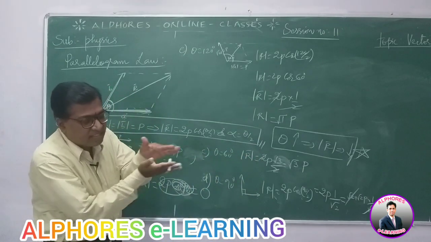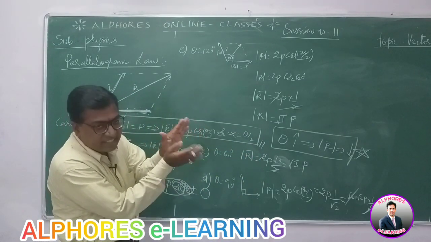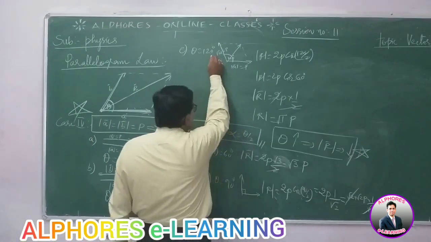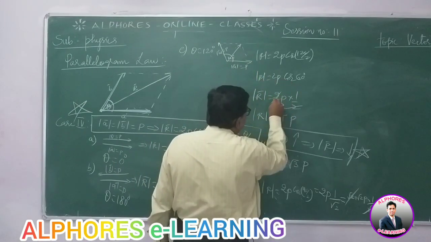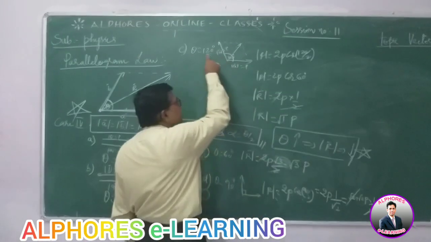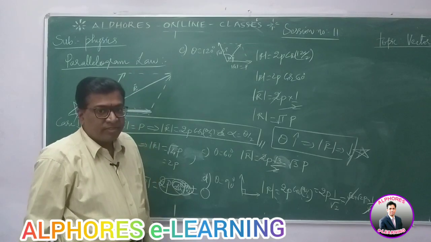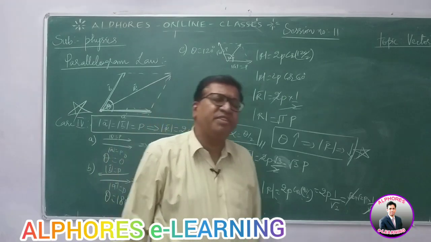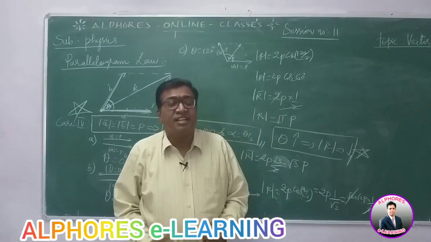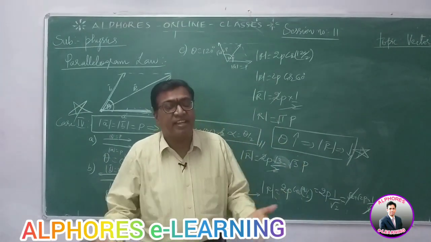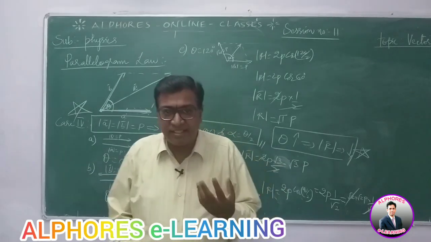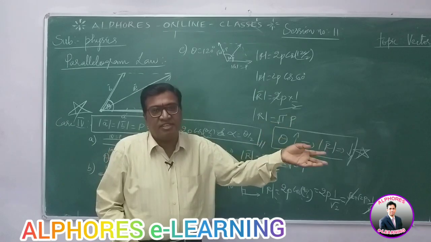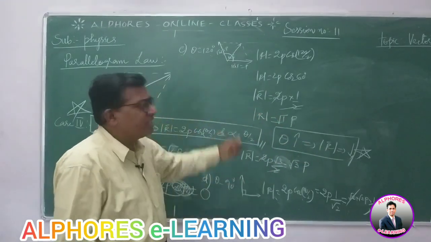Per the parallelogram law of vectors, as the angle between the vectors increases, the magnitude of the resultant decreases. Right? And in this case, at 120, the resultant magnitude is root 1p, so it is same as either of the vectors. Right? Based on this one, there was a very beautiful question asked in many of the entrance examinations. It is asked again and again in many exams, and you need not be amazed even if you get it again in your entrance examination. This is such an important case.